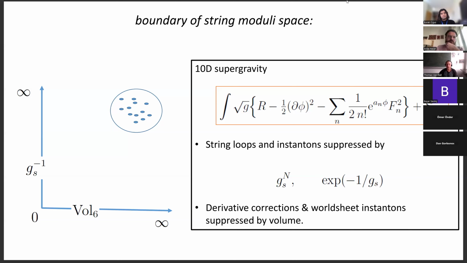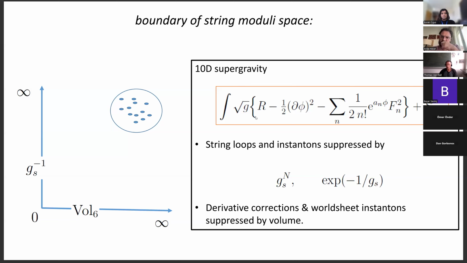Exactly. Yeah. So what I was just saying is that indeed, there's one number that you have to read off in the vacuum. So in string theory, there don't exist any couplings. Everything is a result of a calculation. So if I assume I'm in the limit where I can trust standard supergravity, then I'm in this corner, which means that the string coupling has to be very small and the point particle approximation has to be correct. And I wrote this symbolically by saying that the volume of the extra dimensions has to be large enough in string units, okay? It's just one way of saying it. And so then the theory is just 10-dimensional supergravity.